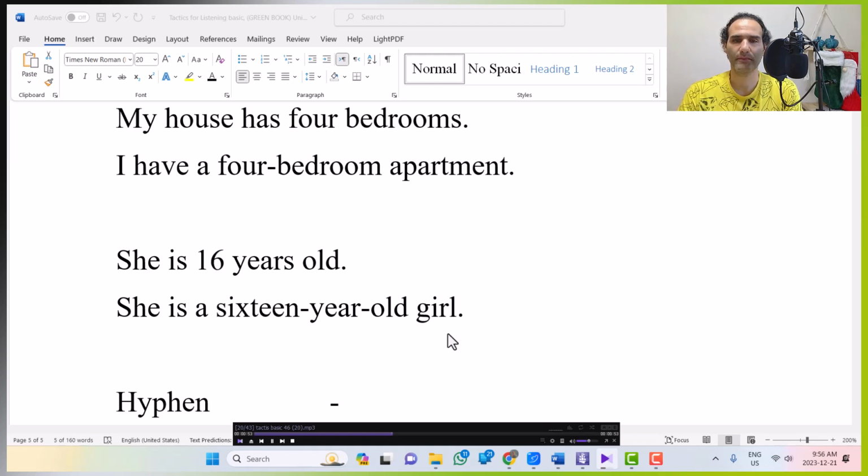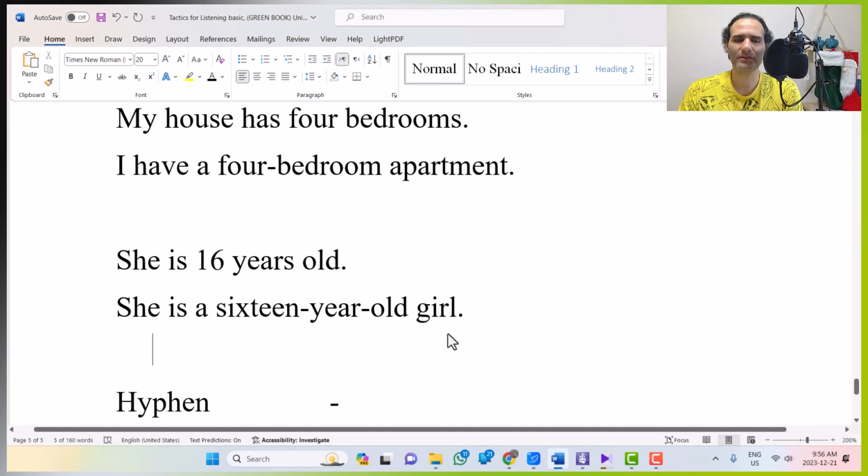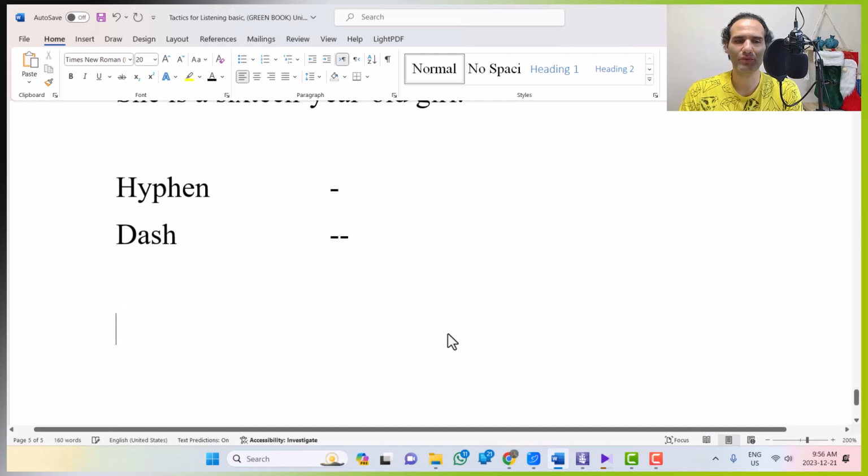3. I bought a lot of clothes in my country before I moved to the US because I bought a lot of clothes in my country before I moved to the US. A little difficult. One more time. 3. I bought a lot of clothes in my country before I moved to the US.